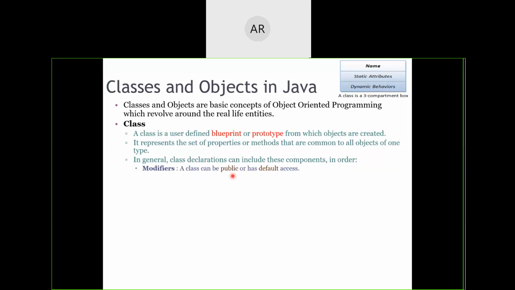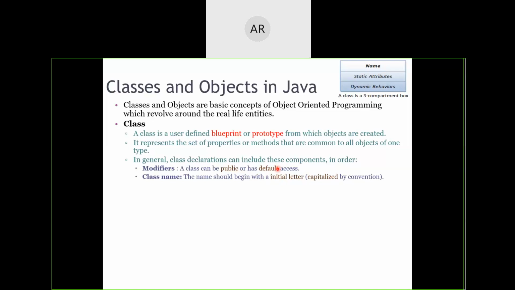Okay. So when you want to create a class as public, you will write the keyword public. But if you want to create a class with the default modifier, then you will not write a default keyword also. For public classes, you will write public as the keyword. But for default classes, you will not write anything.